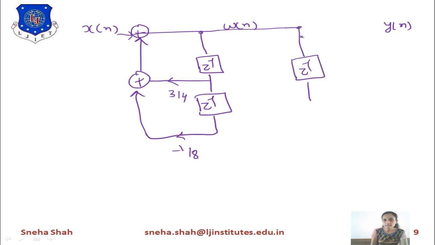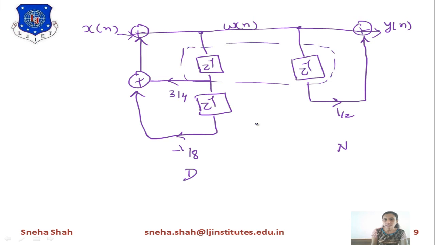From this, if we take the numerator part afterwards, then it will look like this. So now you can see that this one is the denominator part and this one is the numerator part. So it is opposite to the direct form 1 structure, right? Now from this you can see that these two delay units can be merged. Because of that, the number of delay units or memory locations can be reduced by using this direct form 2 structure. So if we draw the final direct form 2 structure, it will look like this.